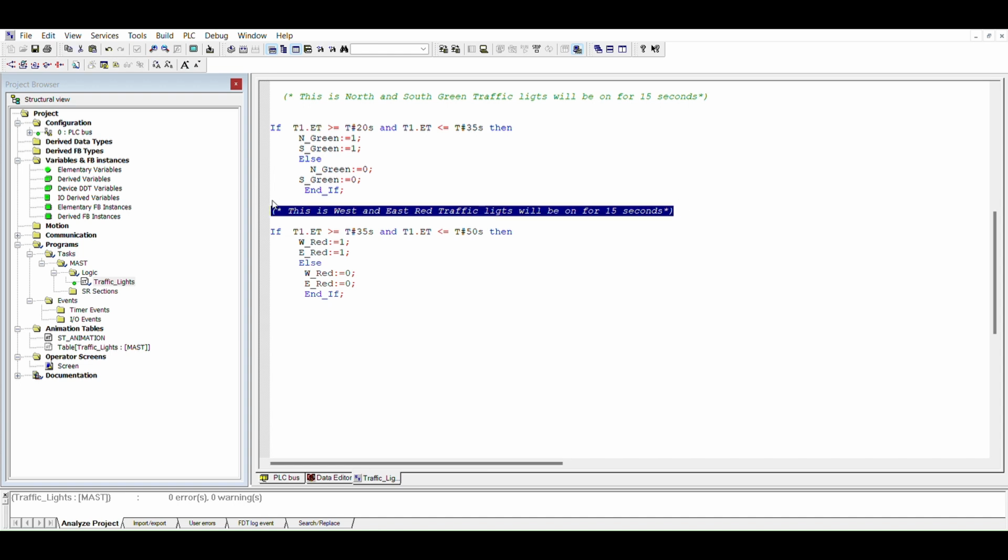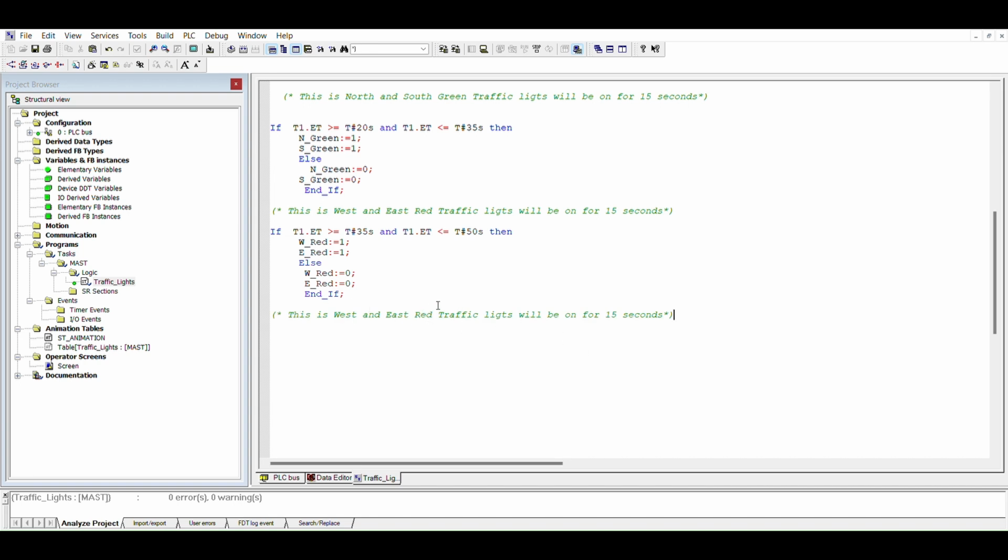That's for west red lights. So Control C, Control V, and you get the yellow lights. That has to be 5 seconds on. So Control C, Control V. So we got 50 seconds over here,